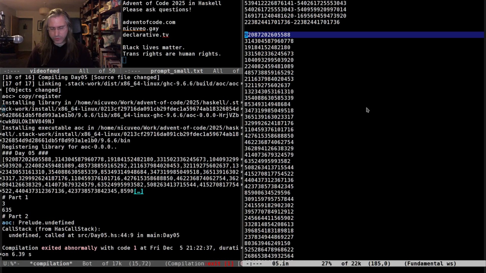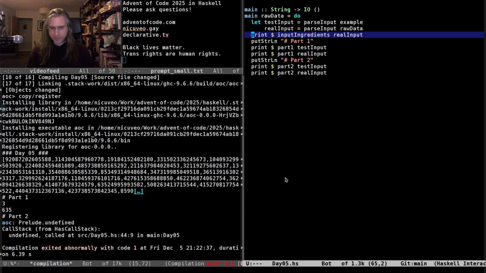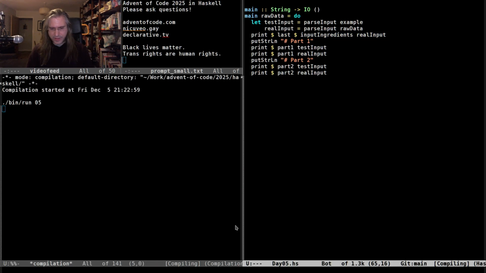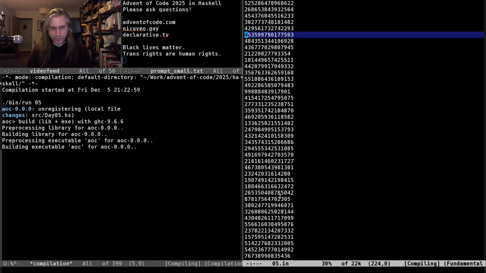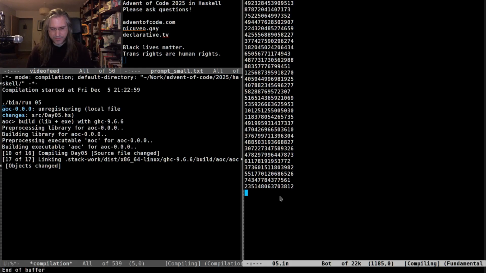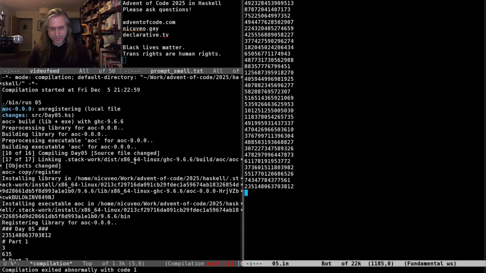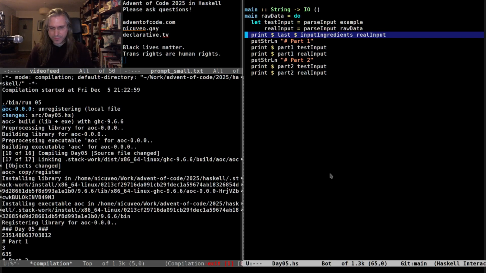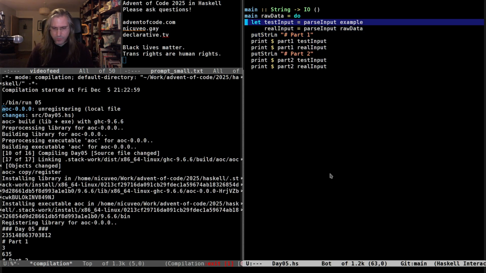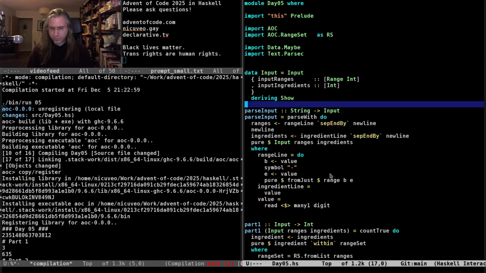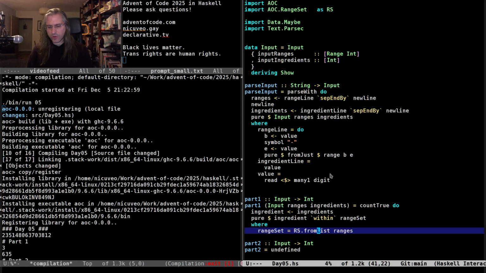Yep, so that seems correct so far. And I'm just gonna print the last of that to check that I have something that's indeed at the end there. Yeah, okay, so it's working. Passing the input is working. That's always good. And now we can try part 1, which is just we create the set of the ranges